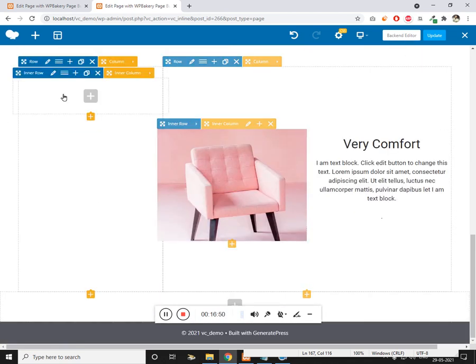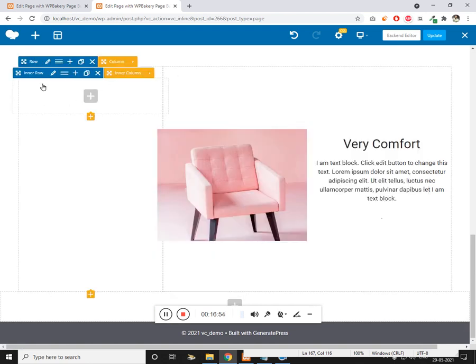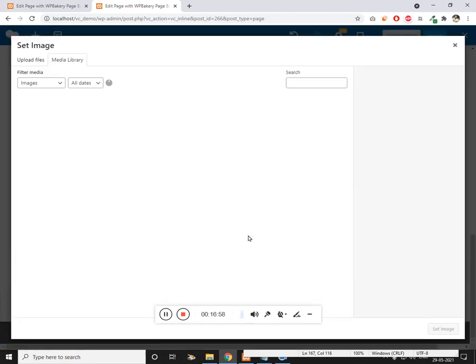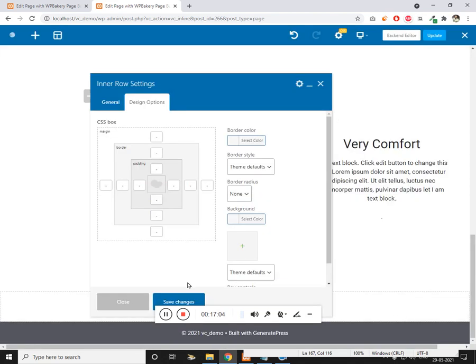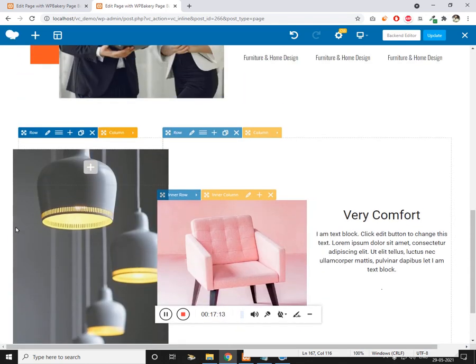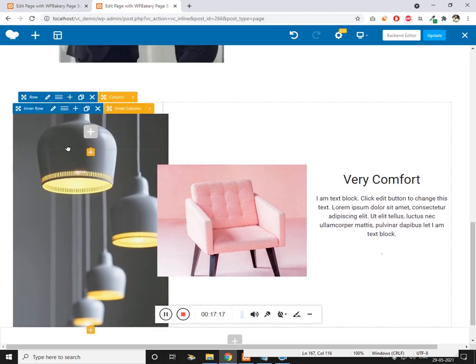So now we can add the image as a background. This one. And let me make this cover. So if you see, we have not used the simple image, but we have used the background.